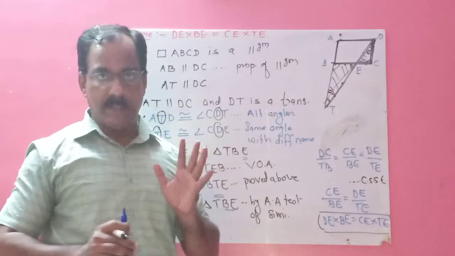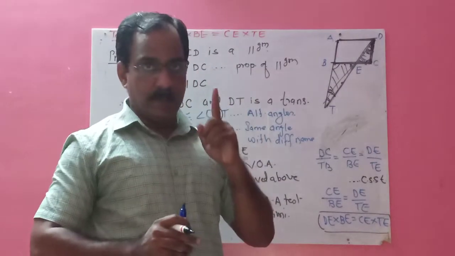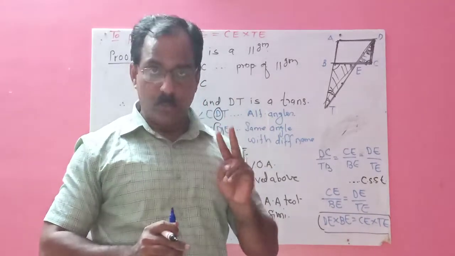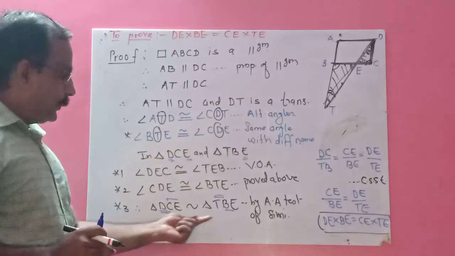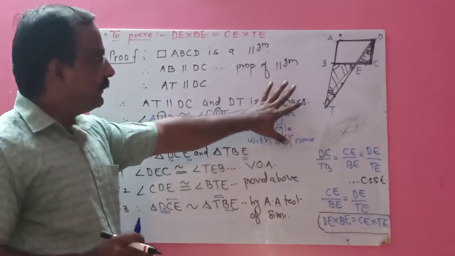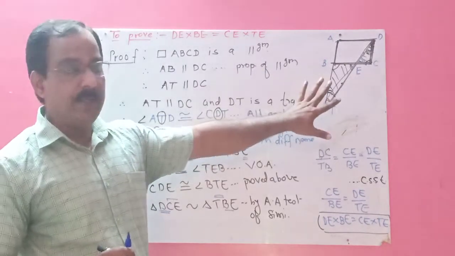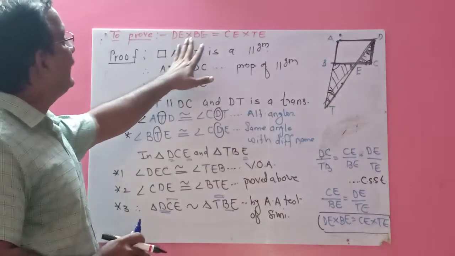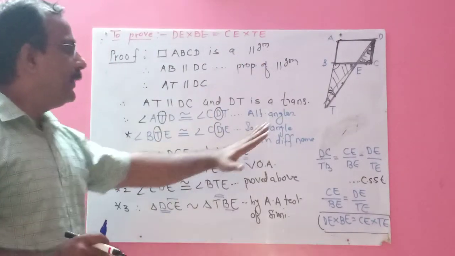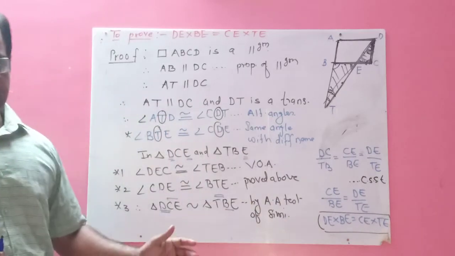Only you will keep in mind that these sides belong to which two triangles. Number 1, try to prove that two triangles are similar. Number 2, write down their sides in proportion and cross multiply. In 4 points, this sum can be proved. Otherwise, it becomes very difficult sum. So that is why I am telling you, try to find out that this side belongs to which two triangles. Try to prove them similar. Write sides in proportion and cross multiply. You will get your answer. Okay, children?